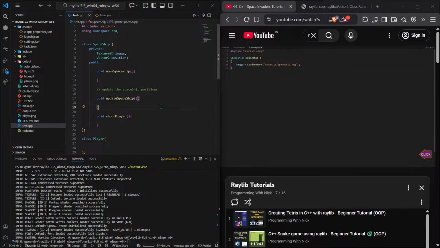This image will serve as the visual representation of our spaceship in the game. We use the LoadTexture function to load the image and then assign it to the image attribute. Every time we